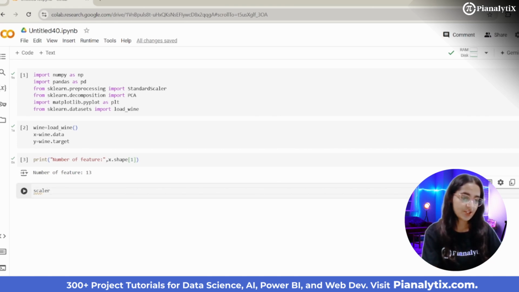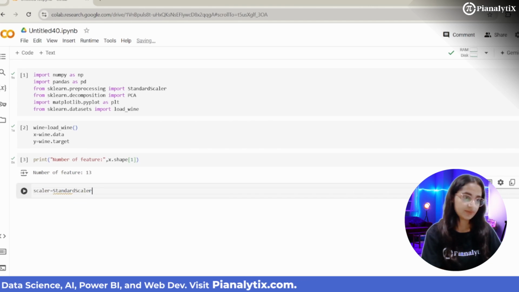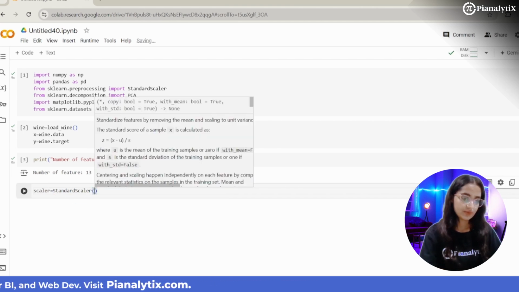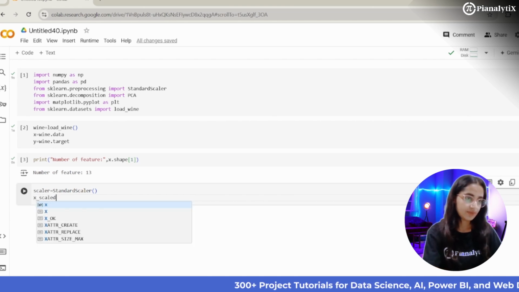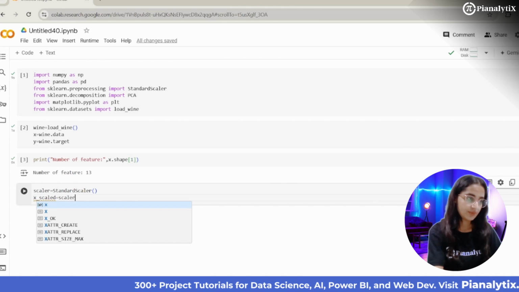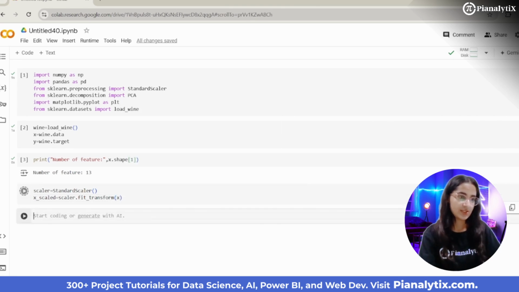First we will do standardization using StandardScaler, since PCA is sensitive to scaling. Run this. Now each feature has mean 0 and standard deviation 1.